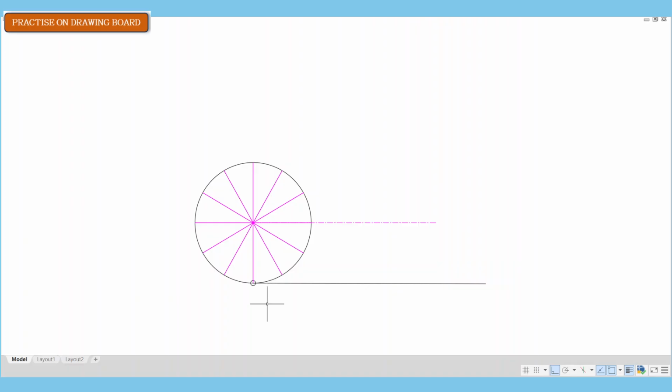Okay, so I have the 12 parts. Now we have to label them. So point P is located here. And mind you, we are going in the clockwise direction. So 1,